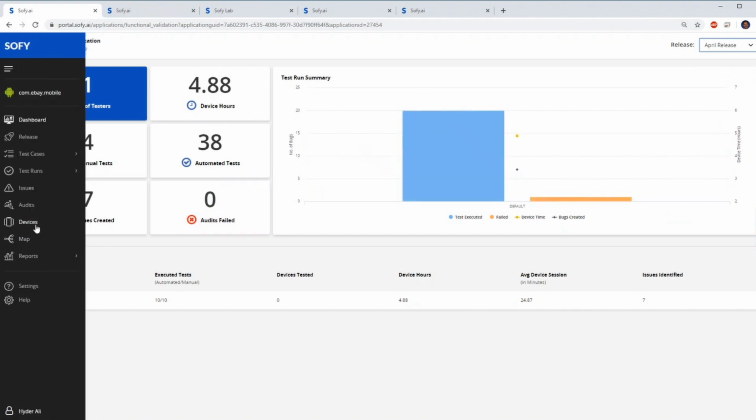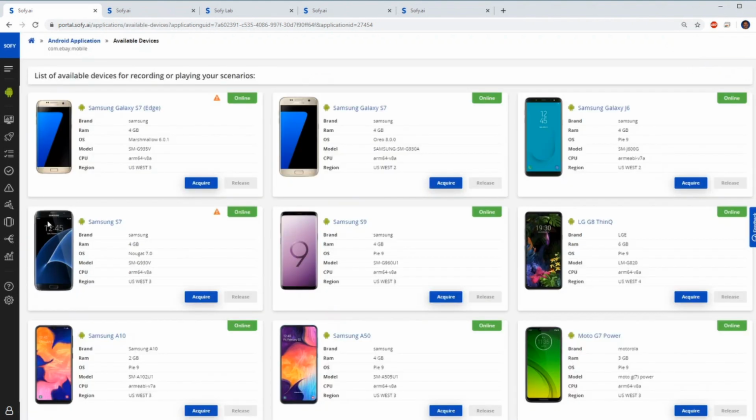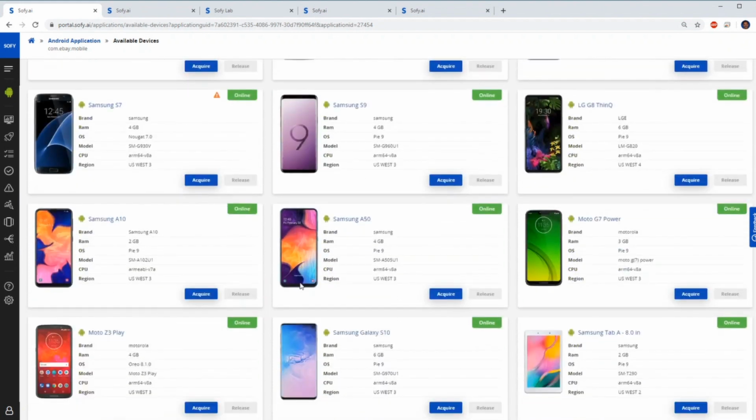You picked up an application. You want to actually look at all the devices. You want to test on real devices. Because these devices have different performance characteristics, look and feel, we have an array of real devices in our lab that you can actually start using. So for example, let's say I want to pick,